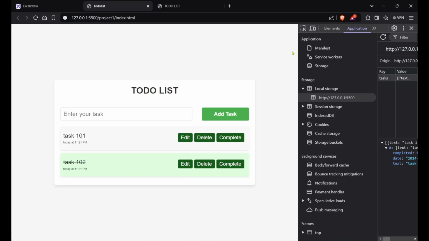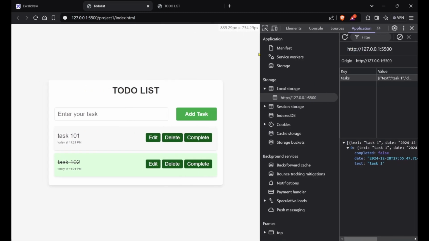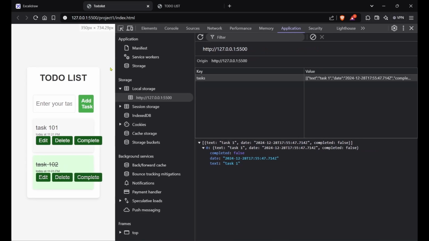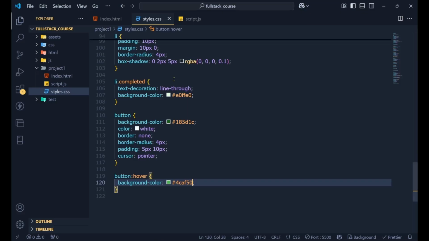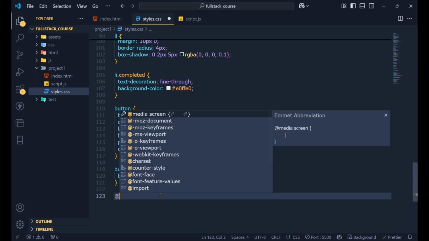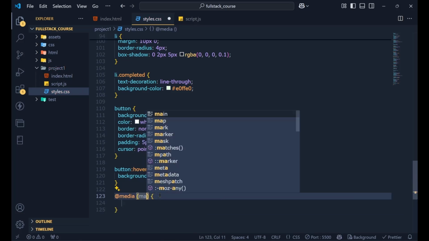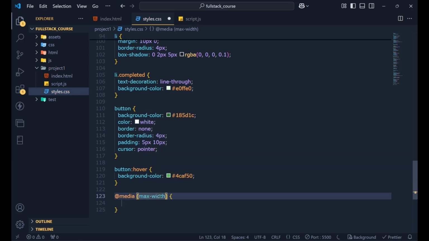Now there is one small CSS thing which we need to do for the responsiveness. So when you shrink the size, you see the width is still that much. I want it to take this rest of the width as well. So what we can do is we can use a media query in this place. So I want to use a media screen. In place of screen, I want to use something as max width. So whenever the width is 650 pixels,